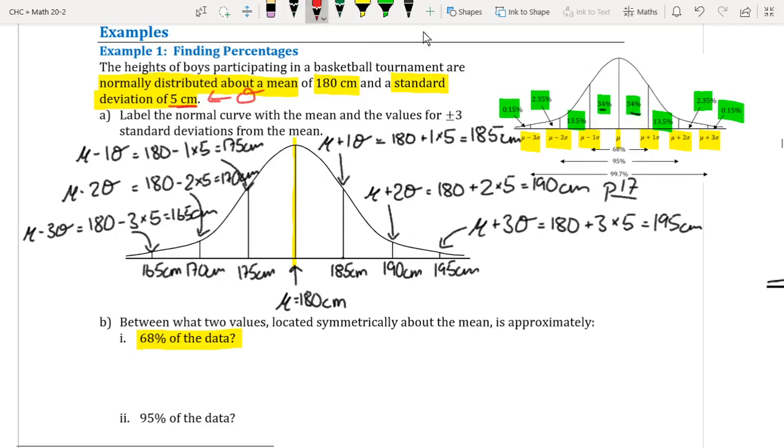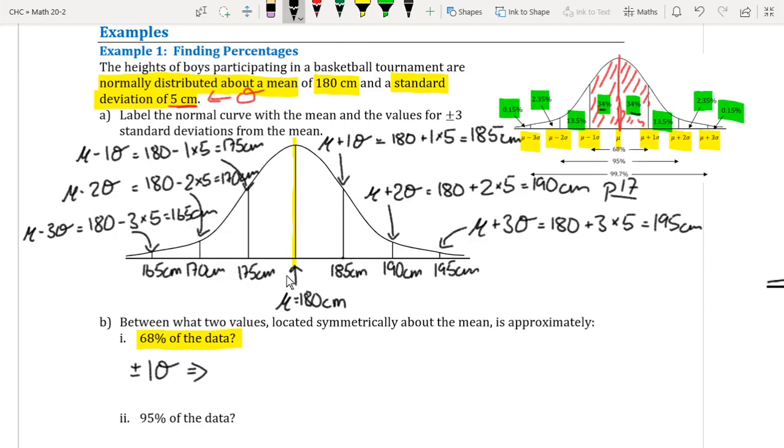So if the mean is right in the middle, right there, right? So 68% of the data is going to be located between 1 standard deviation below the mean up to 1 standard deviation above the mean, because 34 plus 34 is 68. So we can say that plus minus 1 standard deviation,